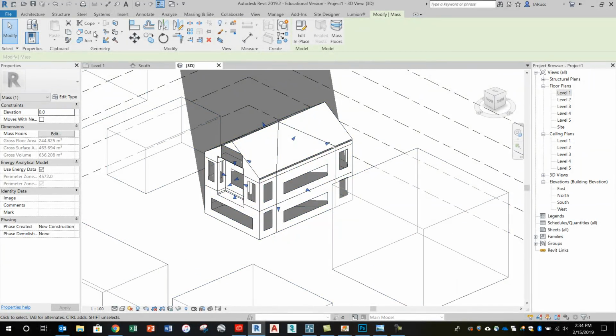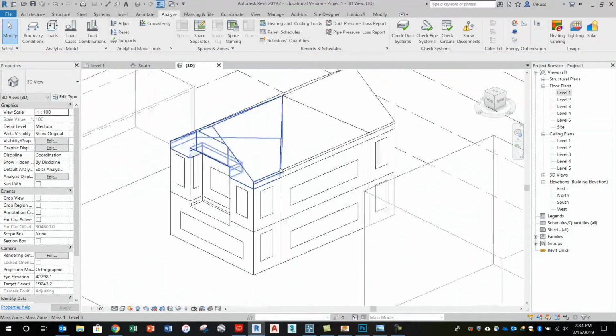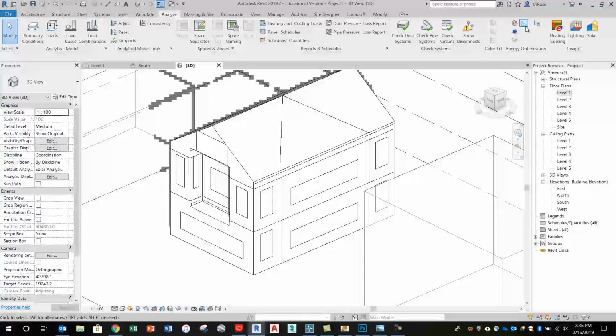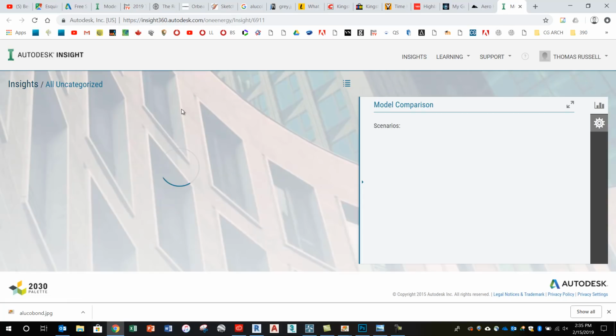All right, I'll go back to my Analyze tab. And now, after I've created the energy model, I can click on the Generate button. And this adds just a little bit of a modification. You'll see it change slightly. And this is just preparing it to do the optimization step. So having done the Generate stage, now I can click on this little button beside Location. And this will send it off to the Autodesk servers. And it's going to take probably 5, 10, 15 minutes for this